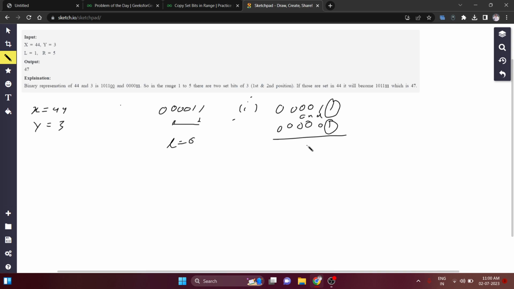If we get a positive number, that means the current bit is set, and then we have to set that bit in our x.